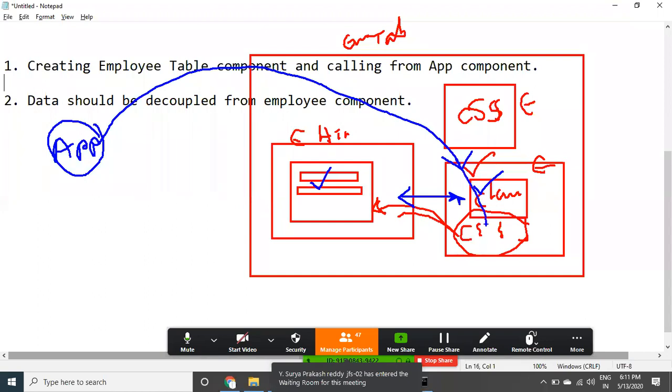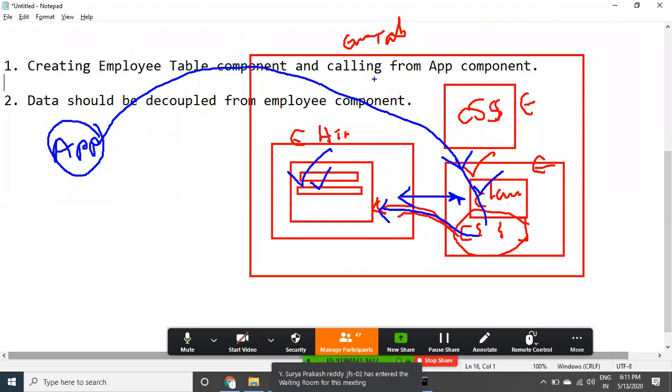Through the component class, the data should be displayed in the HTML. Meaning that if data is coming from outside of this employee component, the employee table component can be used in multiple places with multiple data.